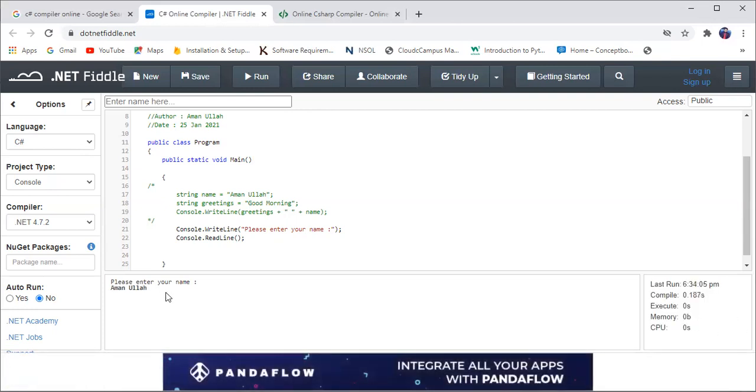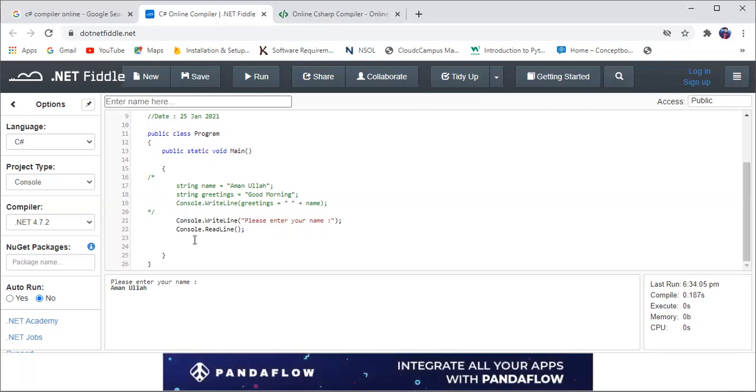So my name is taken by the compiler. Now if I want to print this name, how can I print this name? The name is now taken with the help of Console.ReadLine. Now I will declare a string type variable name is equal to, this name, the taken name.